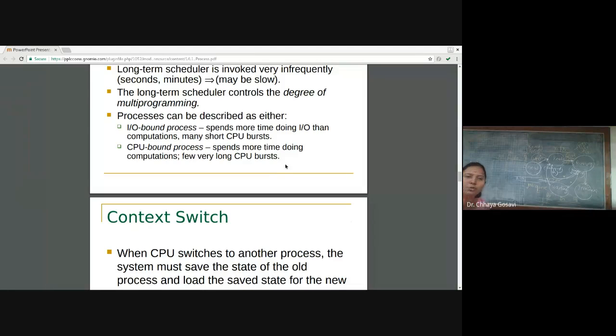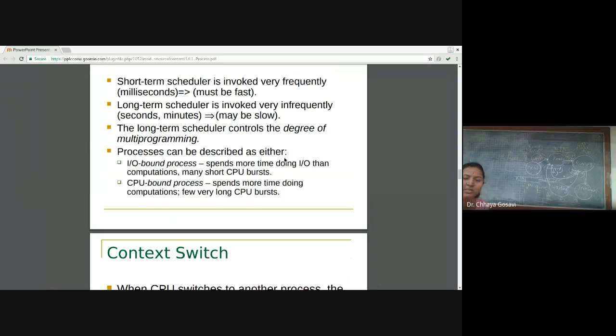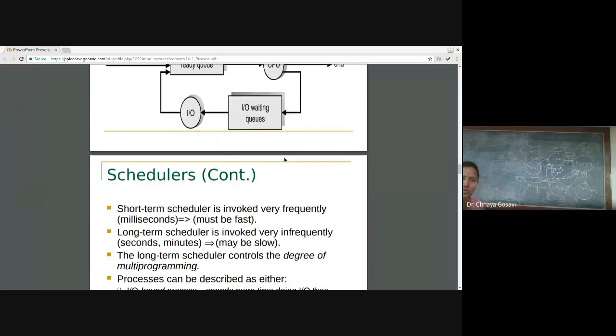Then we saw two types of processes: IO bound and CPU bound. An IO bound process has shorter CPU bursts than IO bursts, and a CPU bound process has longer CPU bursts than IO bursts. Burst means cycles. A CPU bound process spends more time on computation than input output, and IO bound processes need more time for input output than computation.